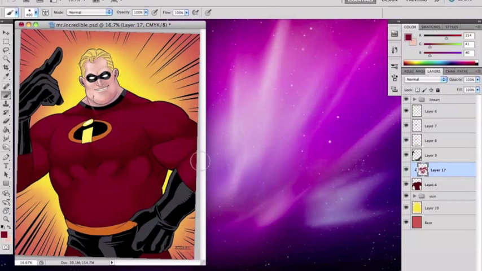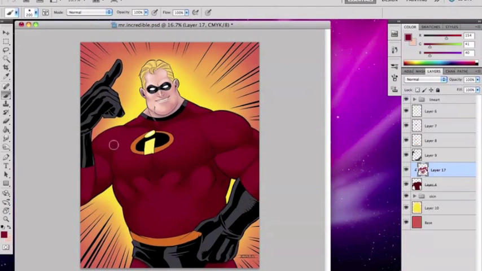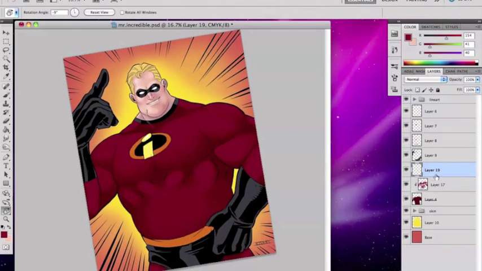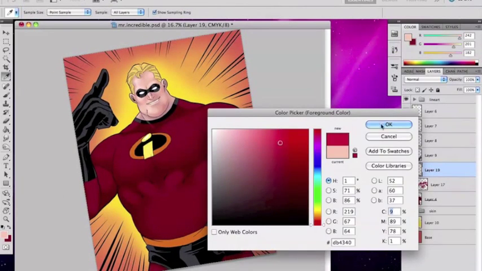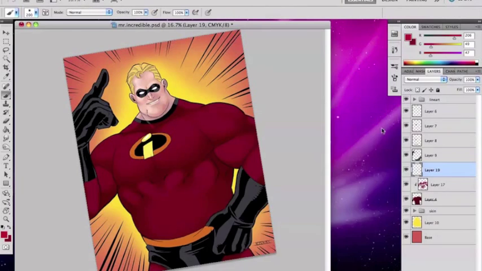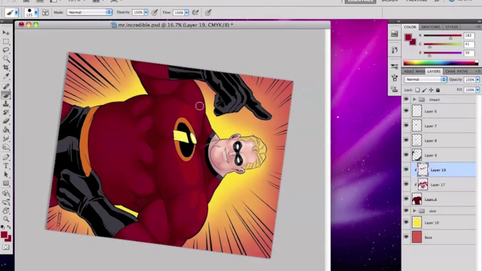So, yeah, getting those midtones in there, and from this point on, I'm gonna go ahead and build up the lights on his suit, the highlights. Get a slightly brighter hue,